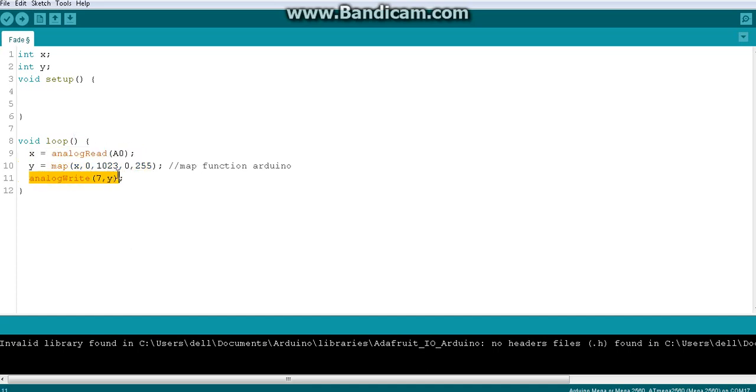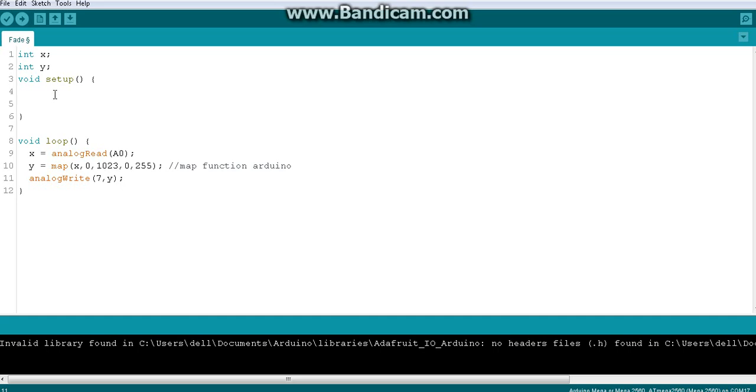So let's not have a delay, because that will cause issues. If you have a 100 millisecond delay, say in line number 12, let me write delay here, then at one point the process will stop here for maybe 100 milliseconds. At the time you are rotating the input, the variable resistor, the reading will not happen. All these things will not happen. So that will be an error, right? So let's avoid the delay here. We don't need the delay.